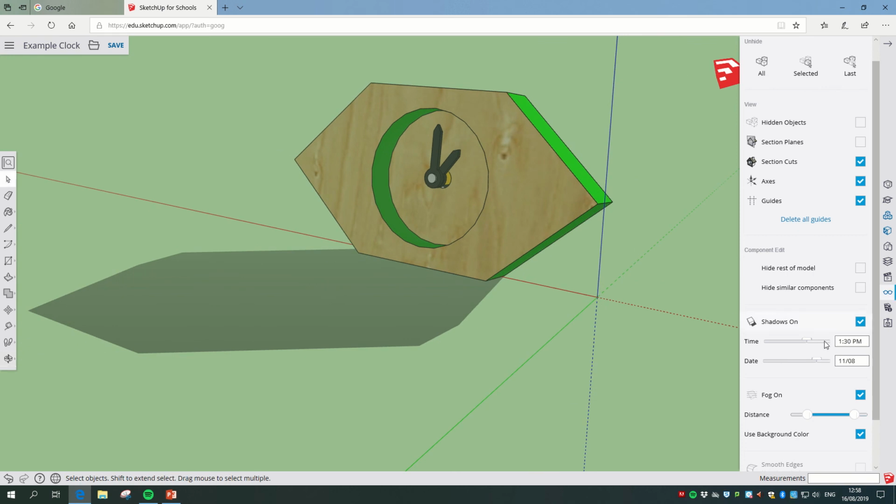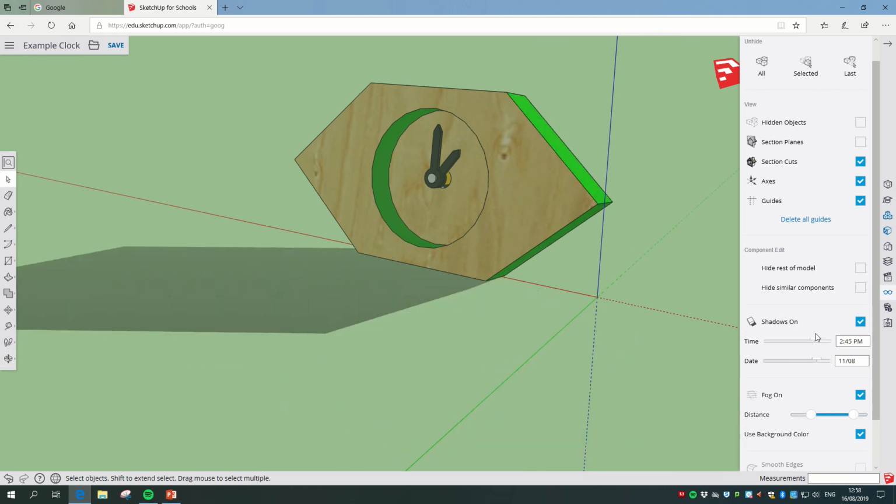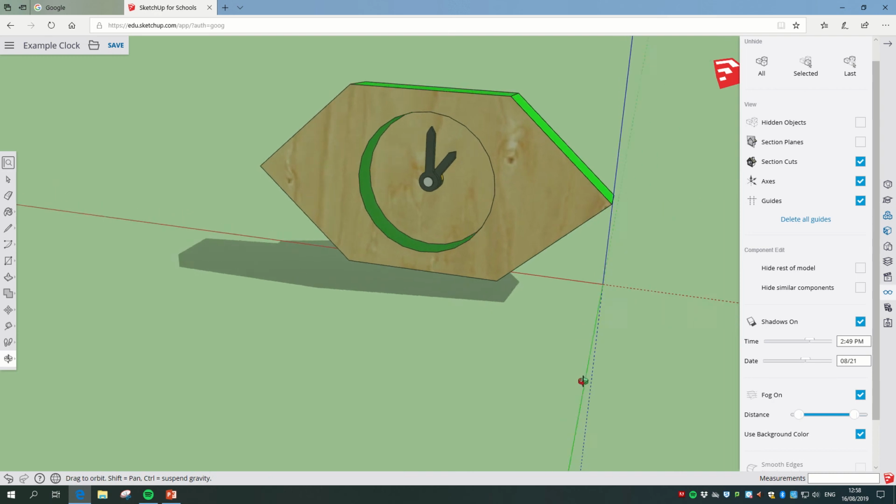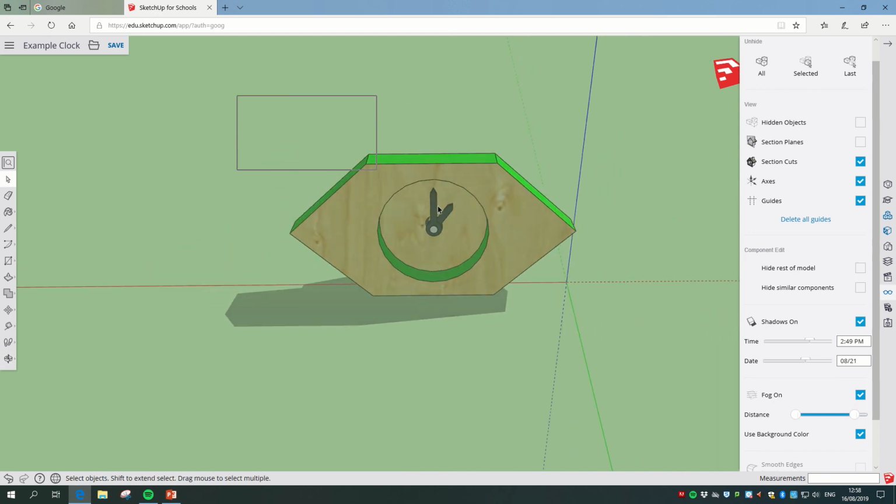Now what you can do with the shadows is obviously you can edit them so it's not so long, not so short, but at the moment you can see that the shadow is in front of the clock, and we don't really want that. We want it behind it ideally, so we're going to have to spin it around again. So what we're going to do is zoom out, grab our product again,